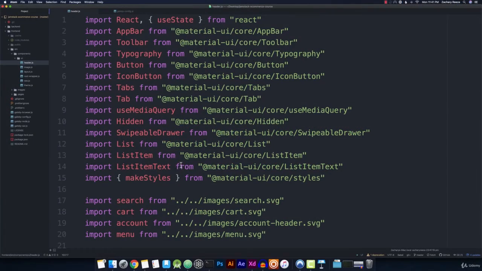Alright, so I'm here at the code editor, and the first thing that I want to do, actually, before we even get our Gatsby server up and running, so if you have it running already, go ahead and stop your Gatsby server, although you can leave the Strapi server running. And let's open up our